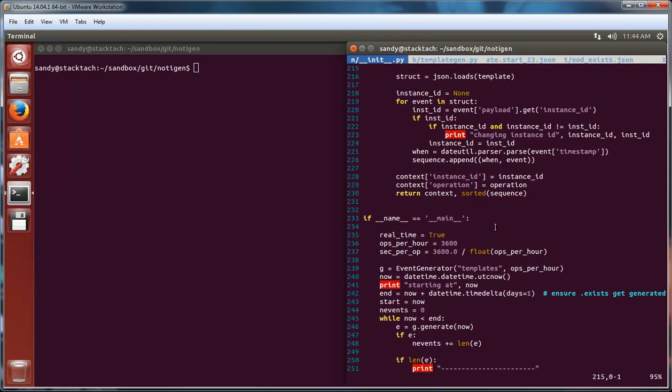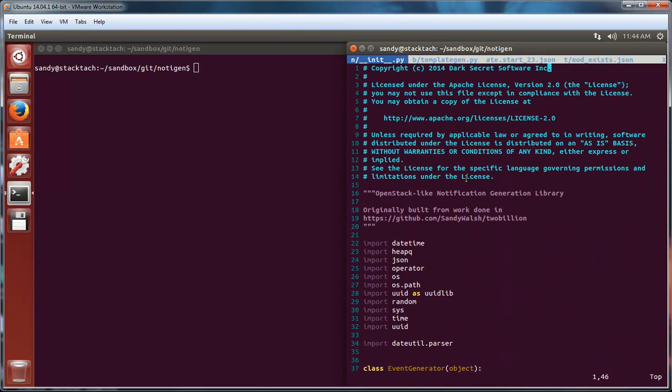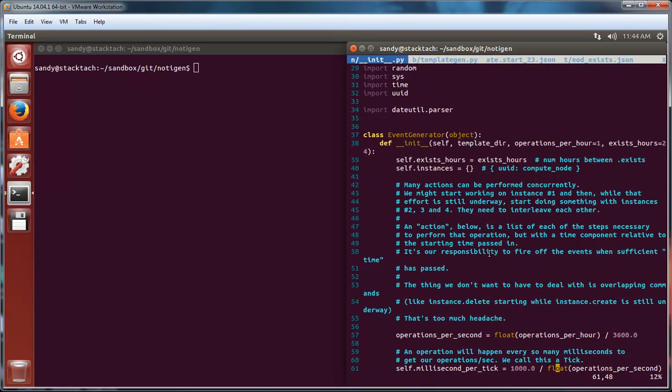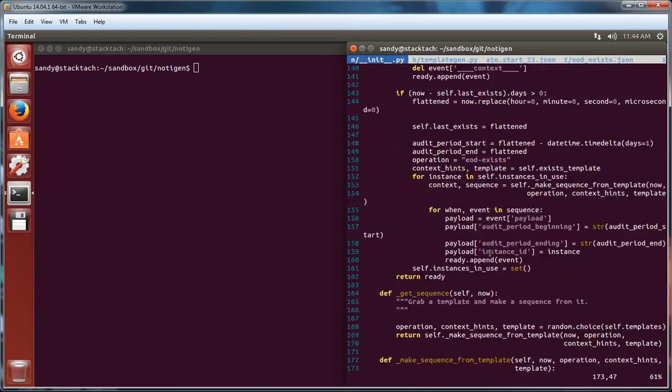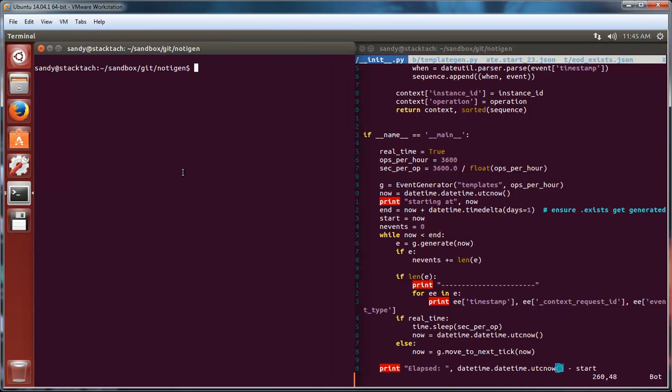If you look at the Notigen file, which is in the Notigen underscore dunder init file, it's a pretty simple thing to call. You don't have to go through all this gory detail, but one of the little tests for it is built right into it, so you can just run this to get an example for it. Before I do that, I'll just show you